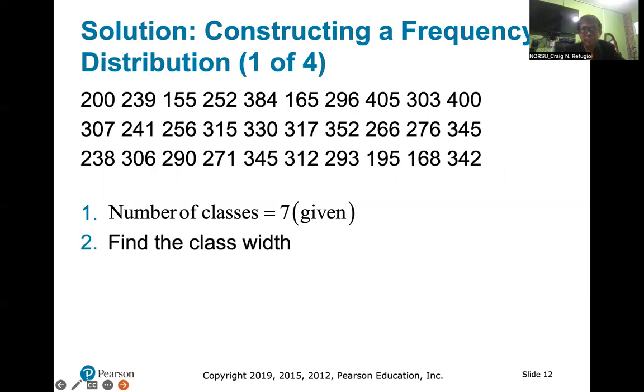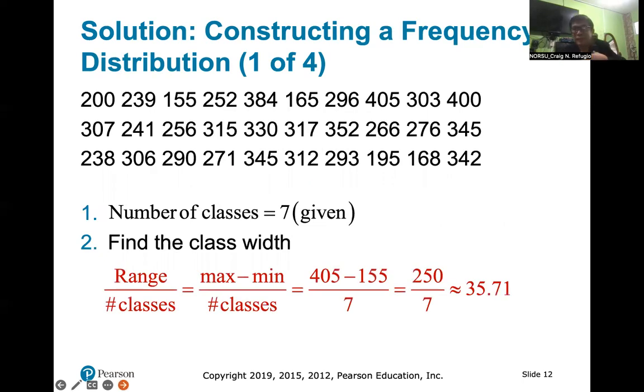Number 2, find the class width. So how are we going to find the class width? We have range divided by the number of classes. Range is equal to the maximum value minus the minimum value, then divided by the number of classes. If you look at the data, the highest one is 405. The lowest one is 155. The number of classes is 7. So we have 405 minus 155, so 250 divided by 7. So that's approximately